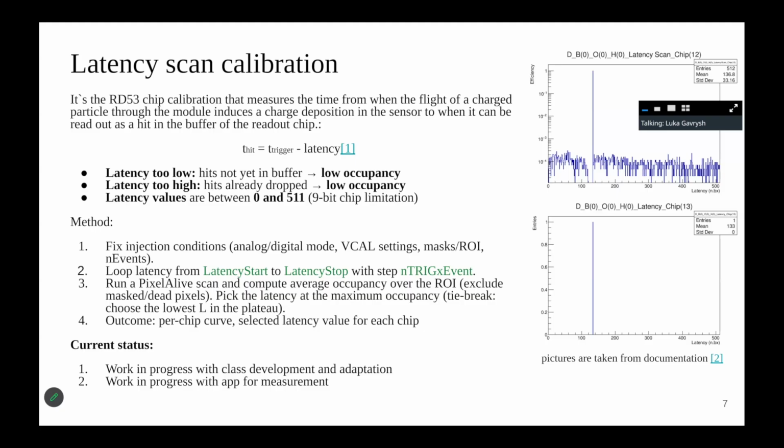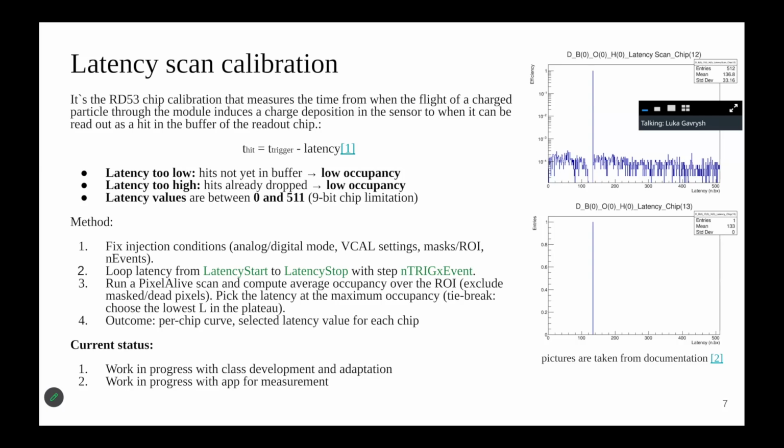Here we can have only latency values between 0 and 511, as it's a 9-bit chip limitation. So, the method I'm using to measure the latency: first, I fix the injection conditions, so they stay constant during the scan. I'm selecting the injection type, we can have analog or digital. I set the target charge, define ROI and masks, excluding the dead or deliberately masked pixels, and choose the number of events, which is basically the number of injections per pixel at each latency setting. And then we start to sweep the latency from the latency start to latency stop parameters